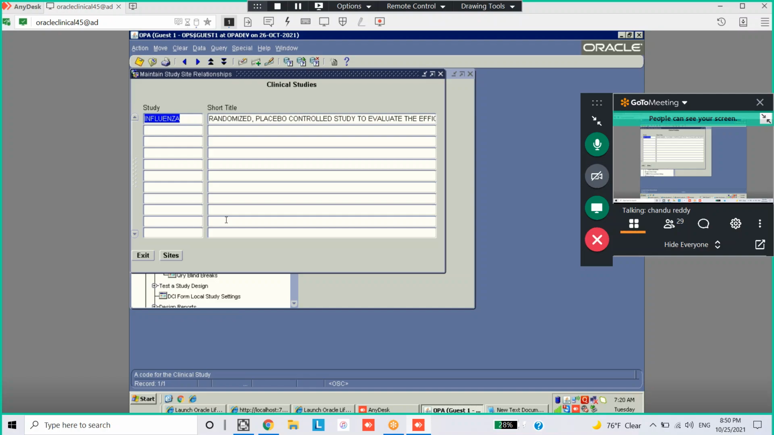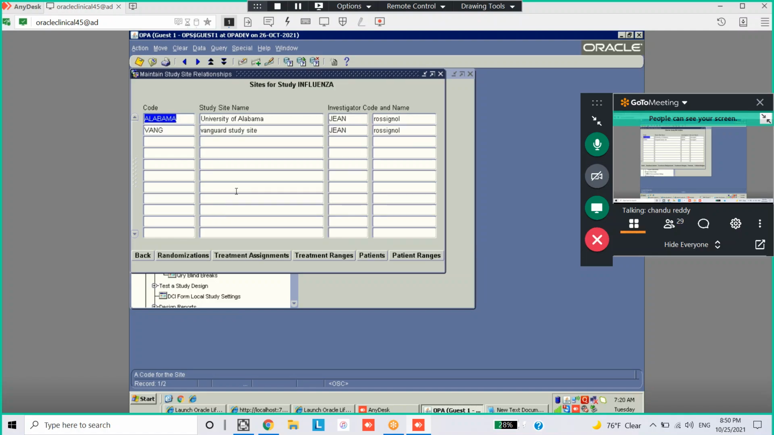Study site relations. Go to sites. It is showing our study only. Go to sites. Now it is showing two. So select one. Go to